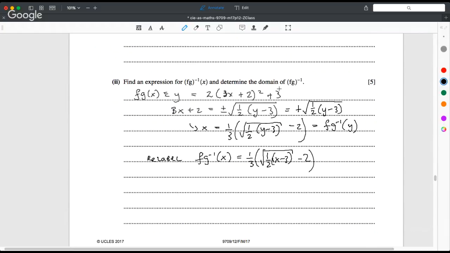And now they want the domain of this inverse function. Well, the domain of some inverse function is equal to the range of the original function. So what's the range of f? Well, sorry, our f is fg. So the range of fg: x starts at 0, so this is the smallest value this can be, because x just enters as a positive. So that's 2 times 2 squared plus 3, which is equal to